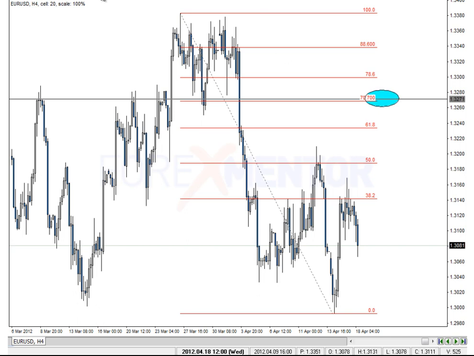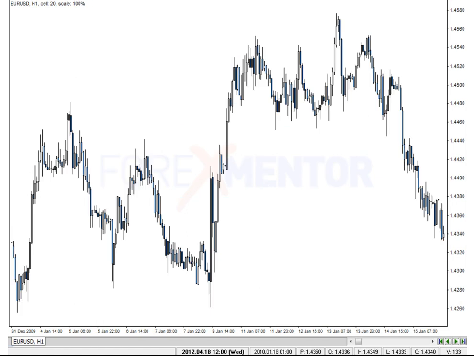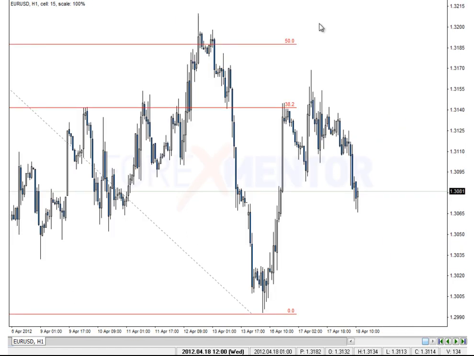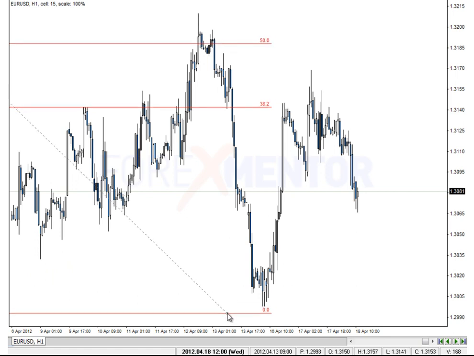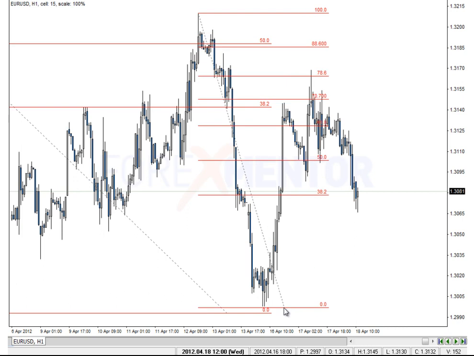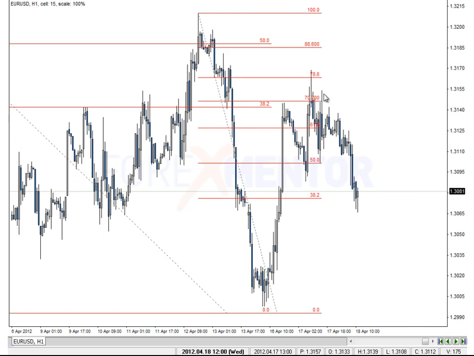I now want to move to the hourly chart. And if you have a look at this last swing down right here, so just move this line across, we have a nice drop off, and then price rallies up to the 79% Fibonacci level and then starts to retrace. So once you get price hitting that 79 level and it starts to retrace, you want to think about possible